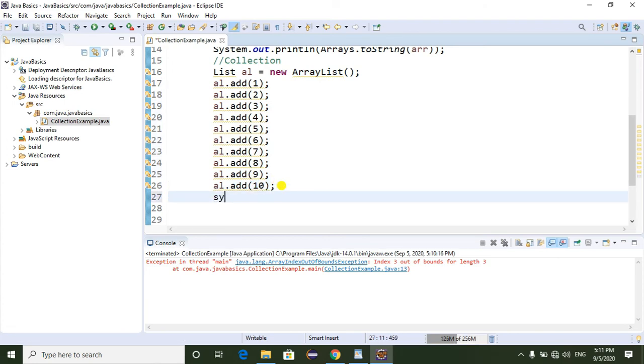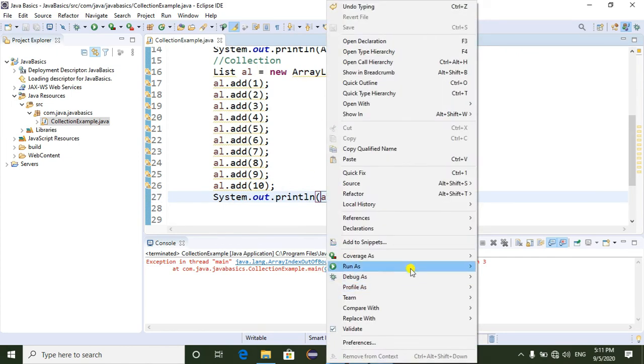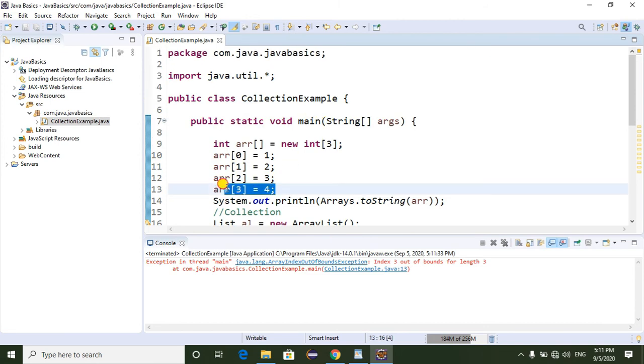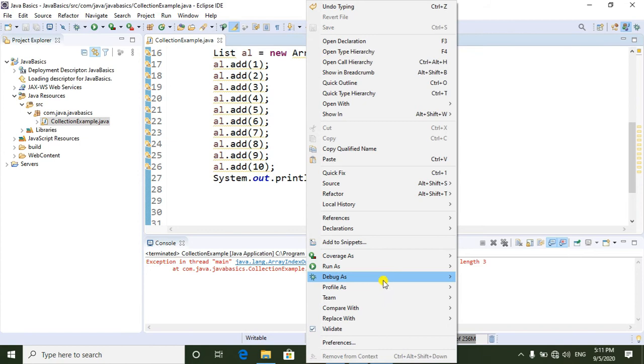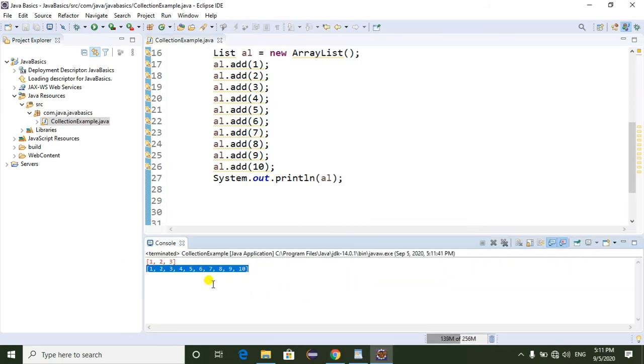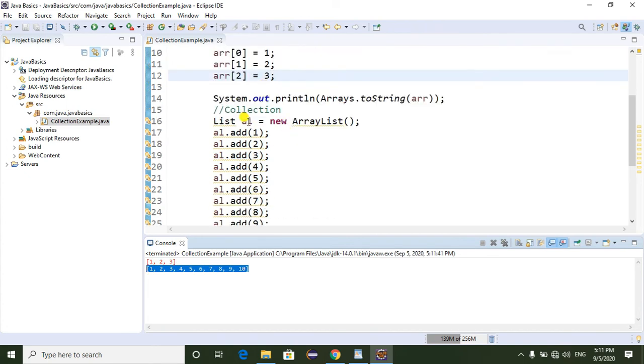I am going to print the ArrayList AL. Now here we can see 10 elements are inserted. Suppose the initial capacity of the ArrayList is 10.